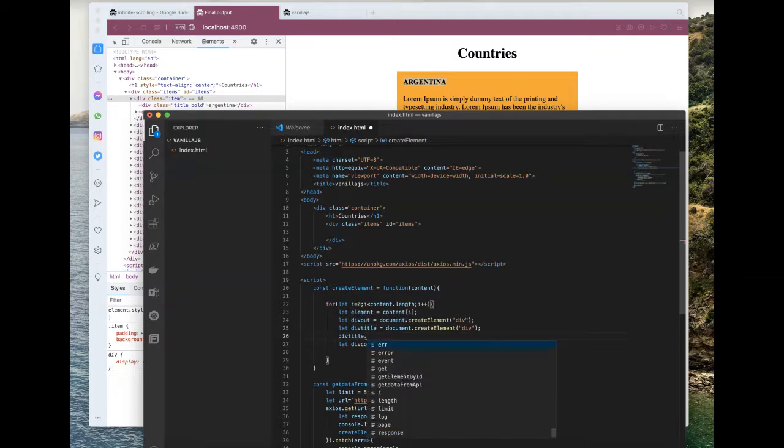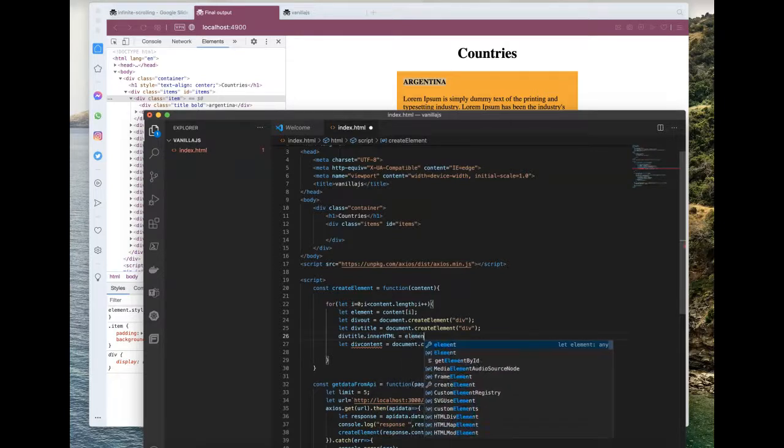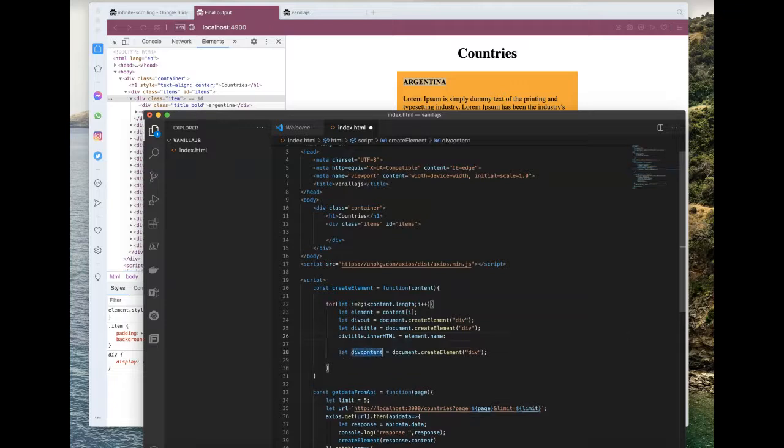And div title will hold the name of the country, and div content will hold the description of the country.